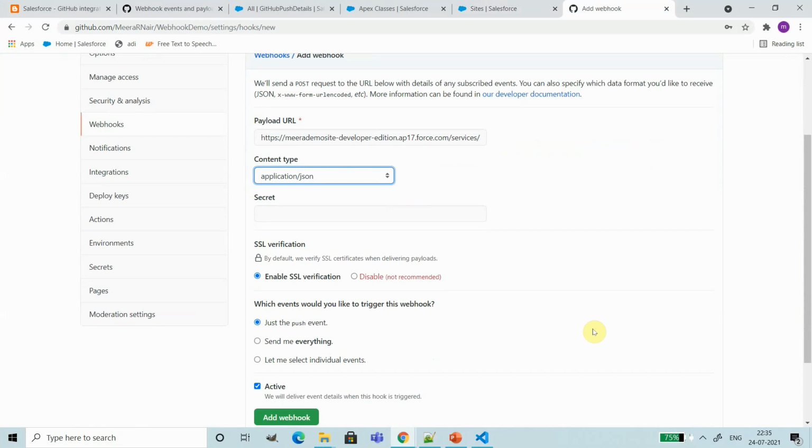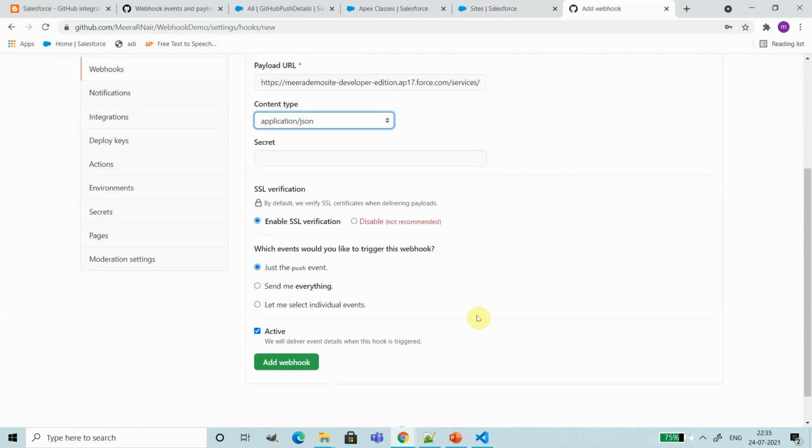Now it is just open, and we are keeping all the default settings. You can see the question of which events you would like to trigger this webhook, and the default option is just the push event. We also get two other options: send me everything, so that whenever some action is performed inside a GitHub repository, a webhook event will be published, or an option to select individual events.